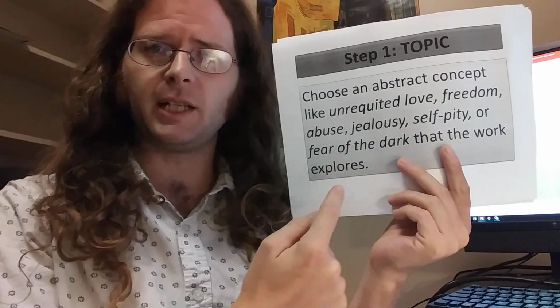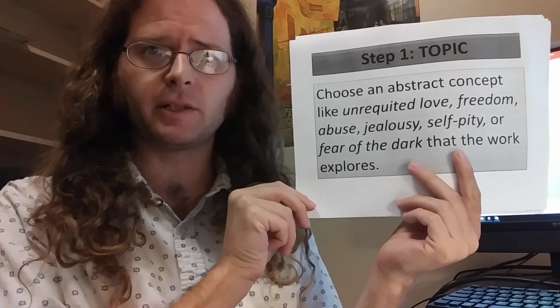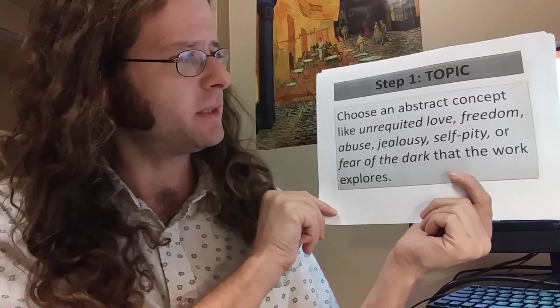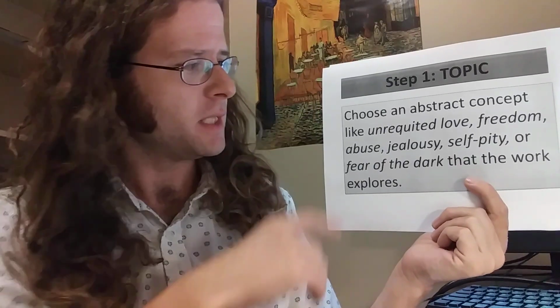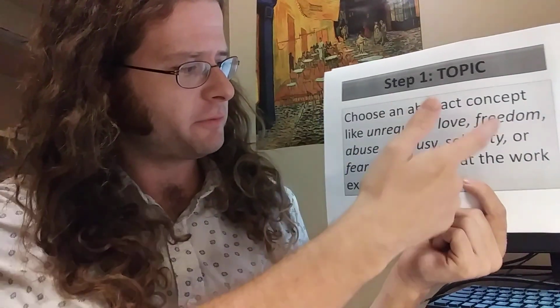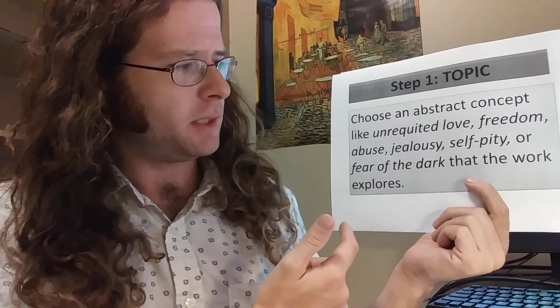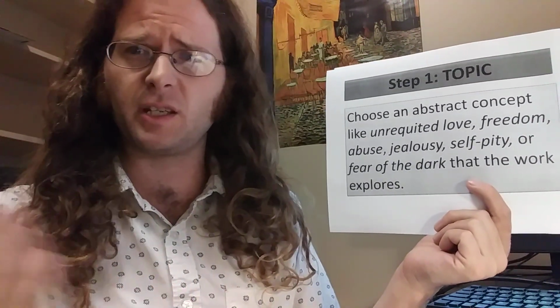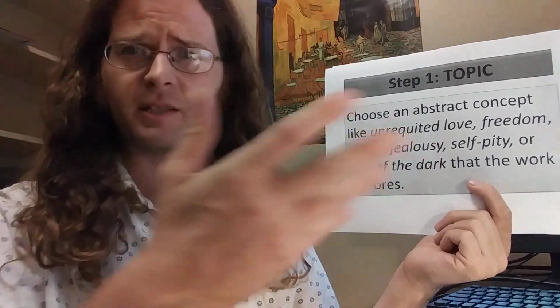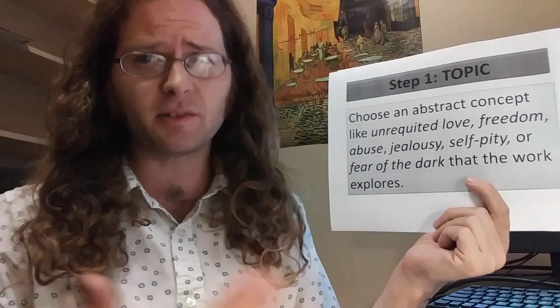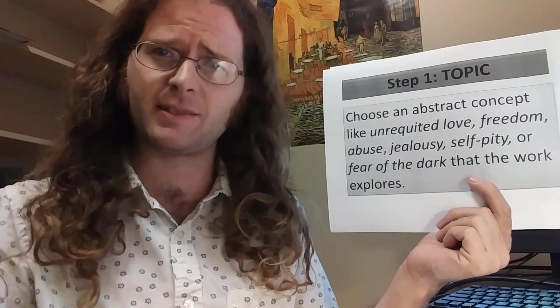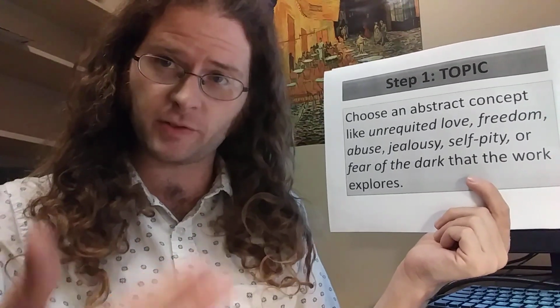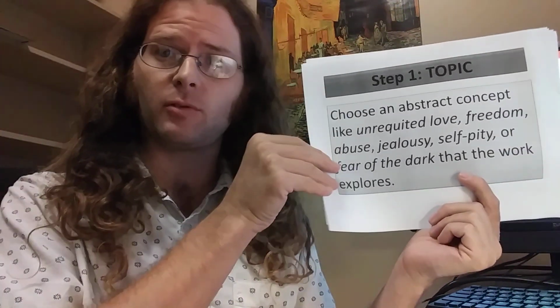So first off, you need to identify the thematic topic. Okay, this is what most of us are familiar with. An abstract concept that's usually one word or a phrase, like unrequited love, freedom, abuse. Sometimes we might express that as the importance of love or the importance of some aspect of human existence. Now, that's still a phrase. It's not a full thematic statement. You want to ask, what does the work say about love in order to get the thematic statement?